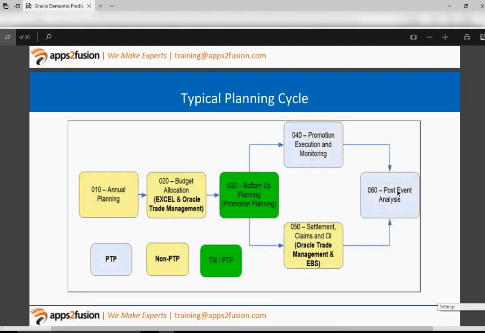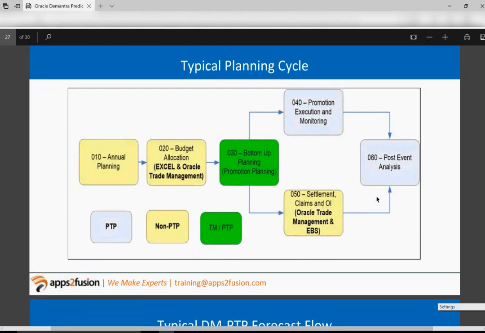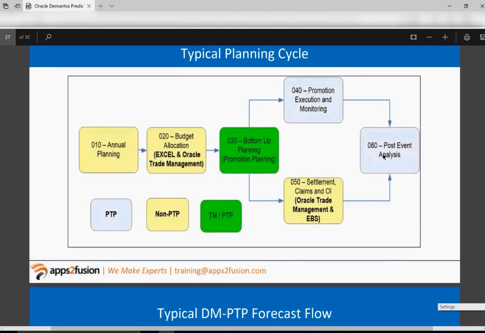And finally, you have your post-event analysis, which has several promotion KPIs. That is our next topic: what kind of promotional KPIs? Again, I have used this client example of what they used to evaluate their promotions. So that's the next topic we're going to talk about now.